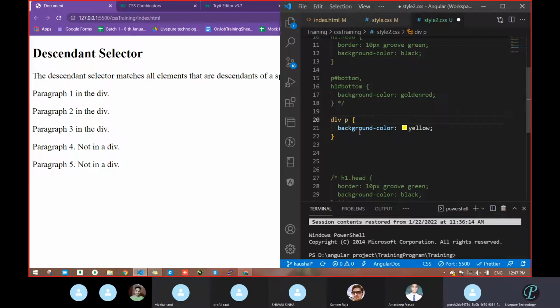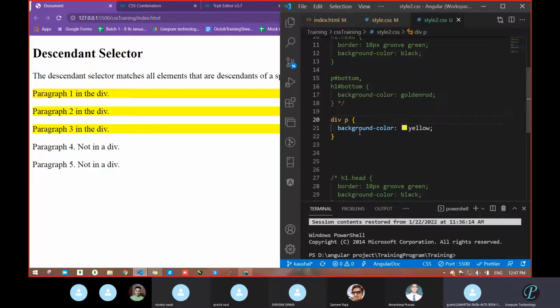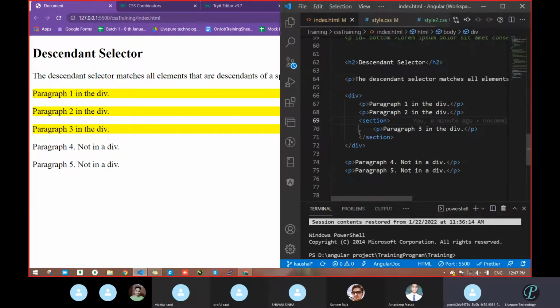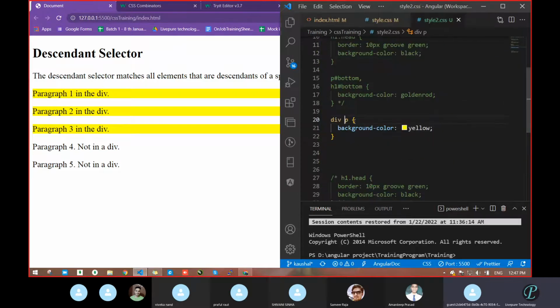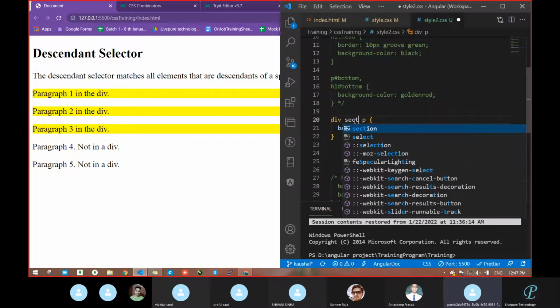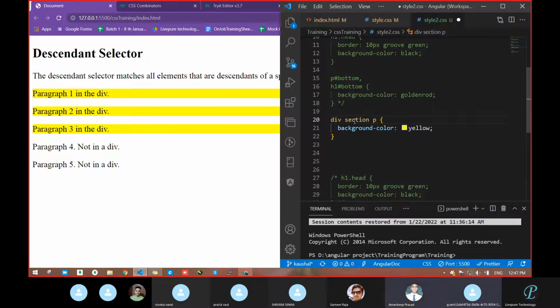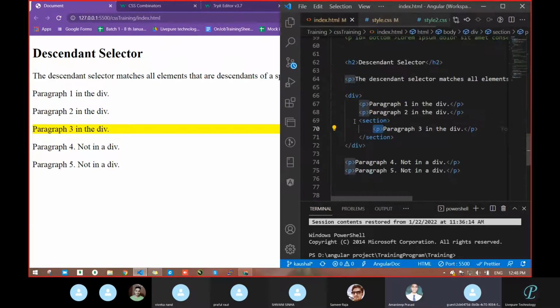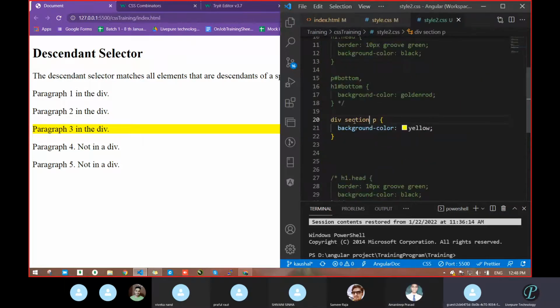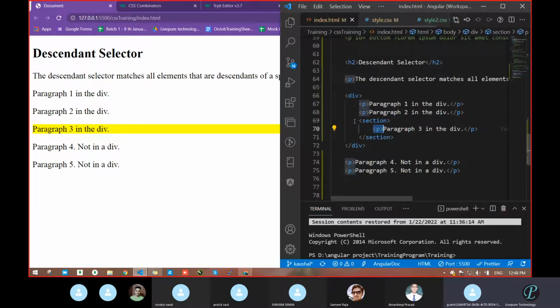Yeah, Amardeep, what was your question? For section. Okay, now we will verify that. How can we make it? We will take a div, then we can go with section, and then we can go with a P. Let's see what it will do. Sir, write one H1 tag also in the section. Oh, okay, we will go with that. It becomes complicated, but we will go.